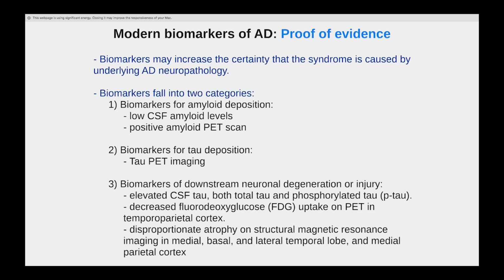And biomarkers fall into 3 categories. There are biomarkers for amyloid deposition, where we can detect whether there is amyloid pathology. And these come in 2 forms, which I'm going to talk about. One is measuring the amyloid protein levels in the fluid that is around the brain and our spine. If you can imagine, at all times, our brain and our spine are actually floating inside a cavity that is filled with a fluid. And this fluid is called cerebrospinal fluid, because we're not very creative. And that cavity extends from the skull all the way down to the spine.